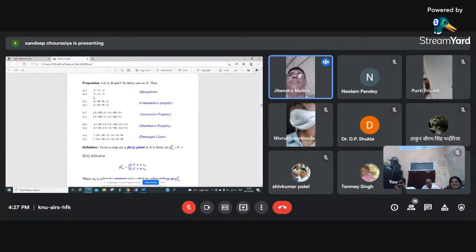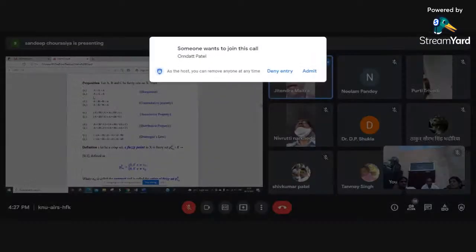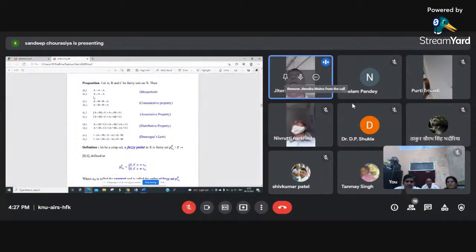So suppose now I give a simple example. Suppose I take the fuzzy set, and suppose our set capital X consists of 5 elements, x1, x2, x3, x4, x5. Suppose I map x1 to 0.1, x2 to 0.2, x3 to 0.3, x4 to 0.4, and x5 to 0.5. Then what is the complement function? The complement function maps x1 to 0.9, x2 to 0.8, x3 to 0.7, x4 to 0.6, and x5 to 0.5. Now let us take the union.